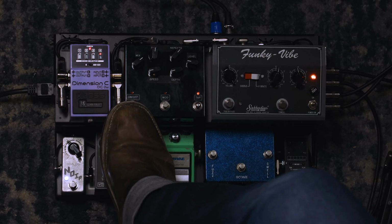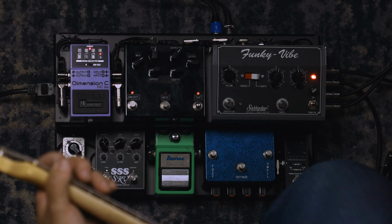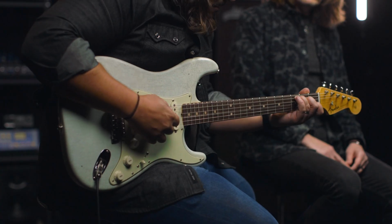The tweeds have a ratty sort of distortion to them. Exactly, and with a Champ especially, the speaker's tiny, the power section's tiny, it's just tiny sounding. That fuzz is so big on the bottom end that the combination of the two gives you the best of both. It's beautiful, and by itself, it really cleans up great. If I add some modulation to it and some delay, you'll hear that it really just has like a...